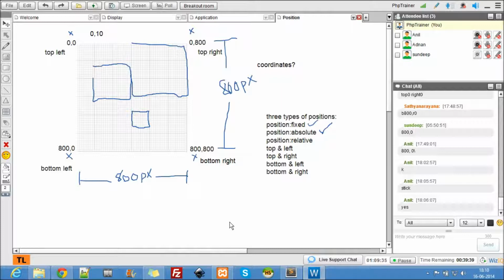Any question here? It's practice. No practice, nothing. If there is some confusion, with practice the confusion will be gone.